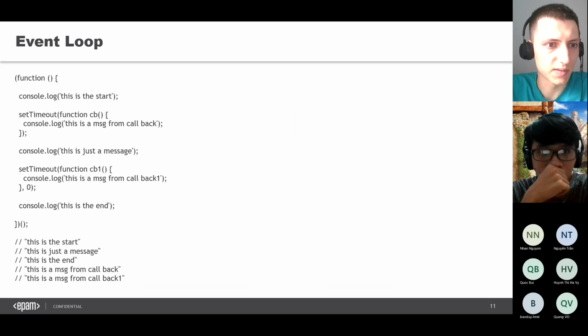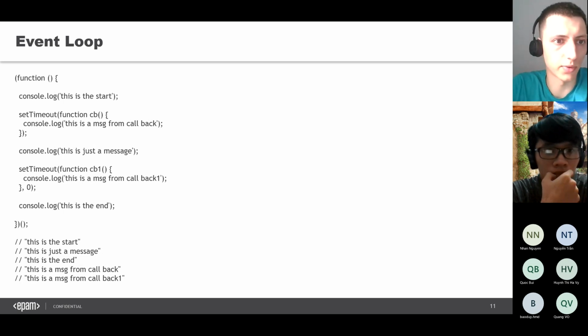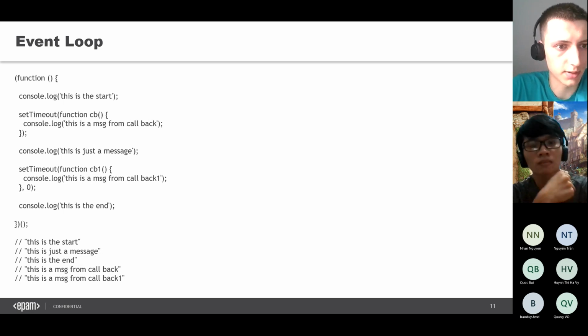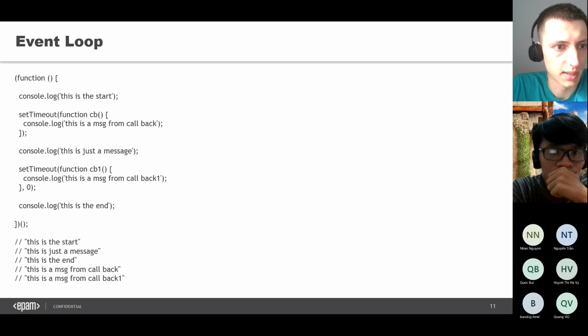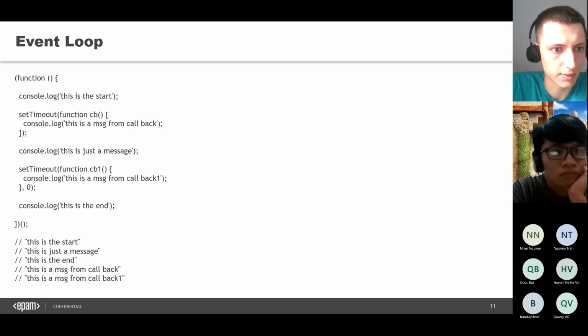And here is a very small example. It's not really hard, and I think in the browser it will work the same way, but just to show you how it works. Here we have the code, a function. Inside this function, we have several console logs, and also we have several timeouts. As you can see, in the first timeout we don't have a timeout number, but if we do not provide the second argument, 0 will be used by default. Below you see the output, and the order of this output is as follows.